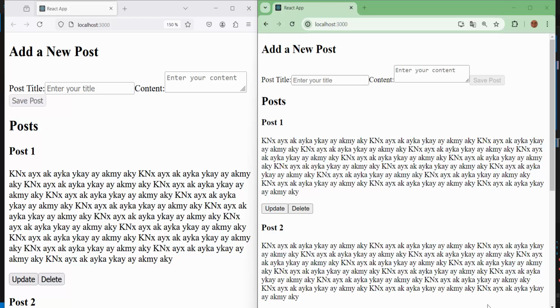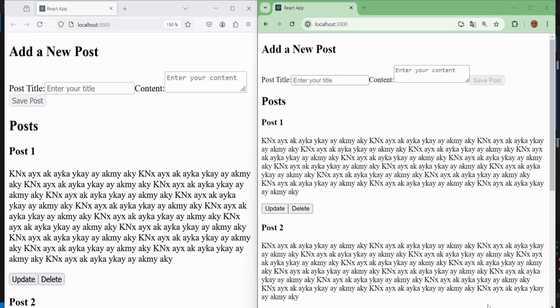And after that, I see changes in this design, because Tailwind, after installing in my application,